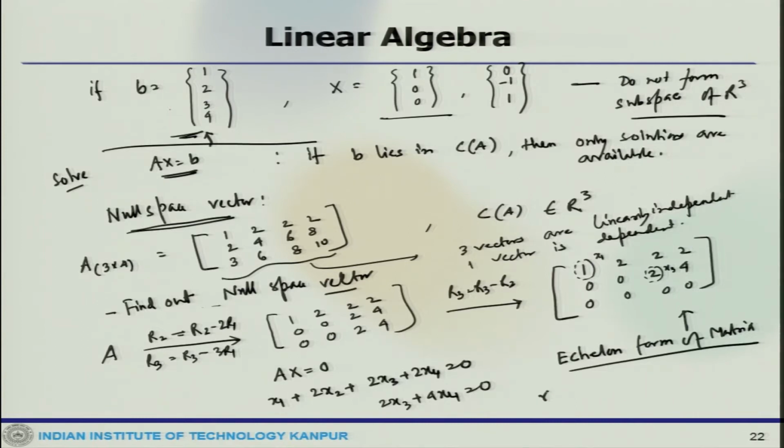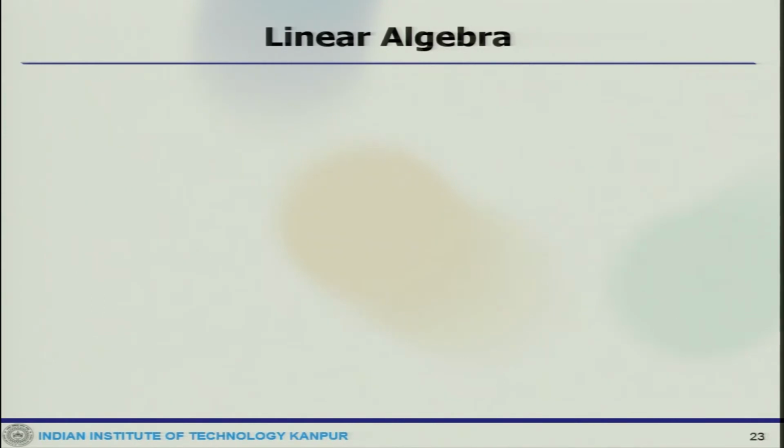So, the rank of the matrix would be the number of pivots. Here it is 2, so one can immediately say that the rank of this particular matrix, which is taken as an example, is 2, since the number of pivots is 2. These are the columns, the first column and the third column. The columns with the pivots are called the pivot columns, and the other columns are called the free columns.